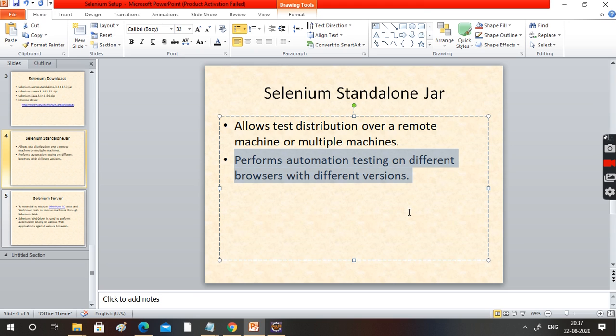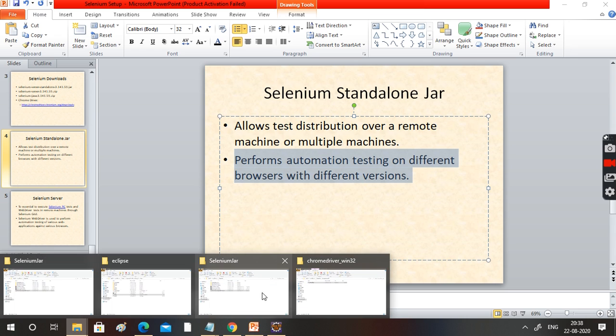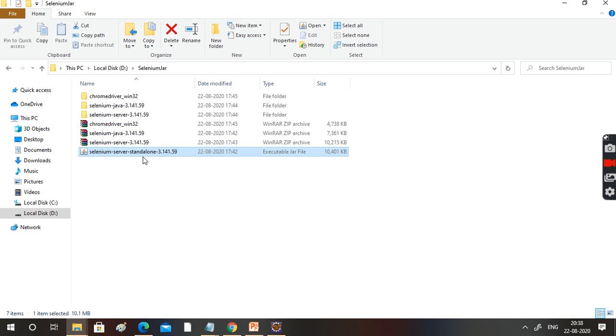Okay, boss, I have one machine in the US, I have one machine in Australia, I want to run it, no problem. Similarly, you can run different browsers. The US machine is Chrome on Mac. The Australia machine is Firefox, the version is something like 60. I want to run it in that manner. We can do that. For that, you need this Selenium Server standalone jar.